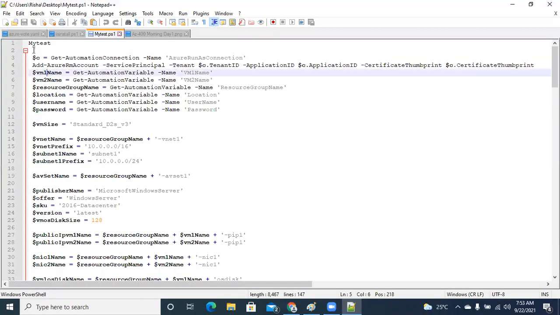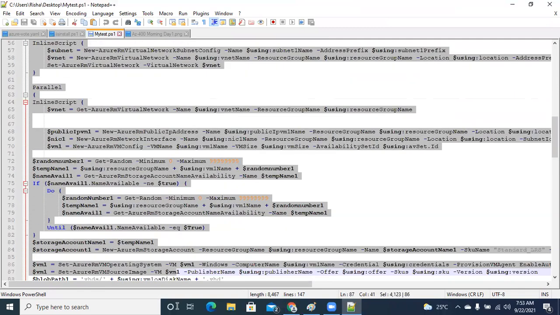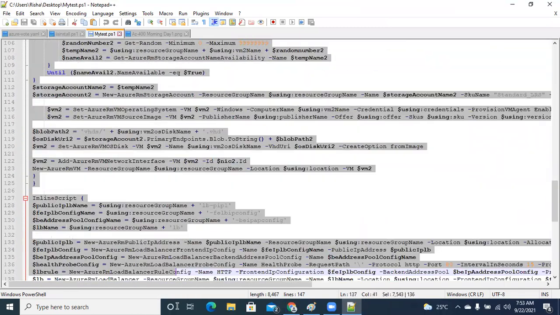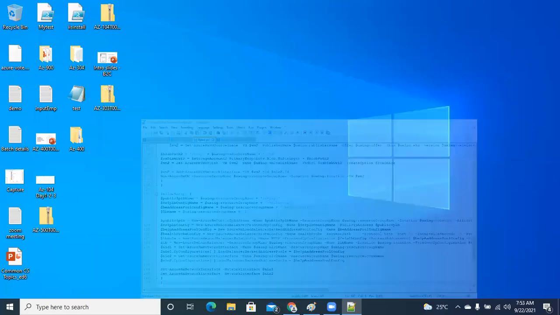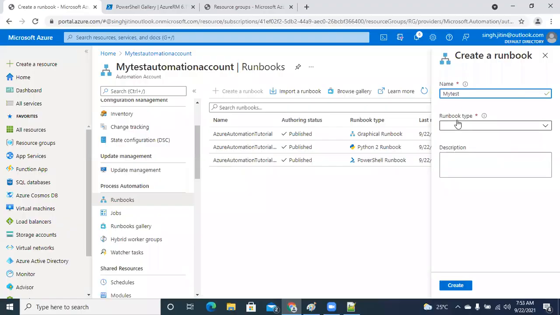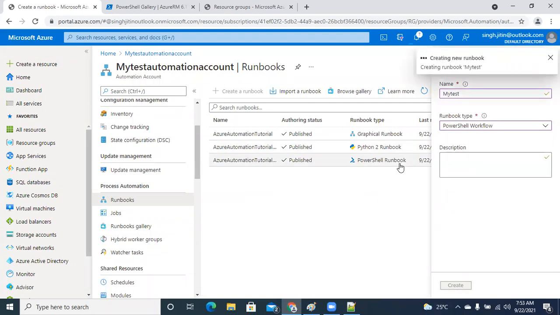Going to copy this particular runbook over here. And going back to the automation account, I'm going to mention that this is a PowerShell workflow script that I'm creating. And I'm creating this runbook.